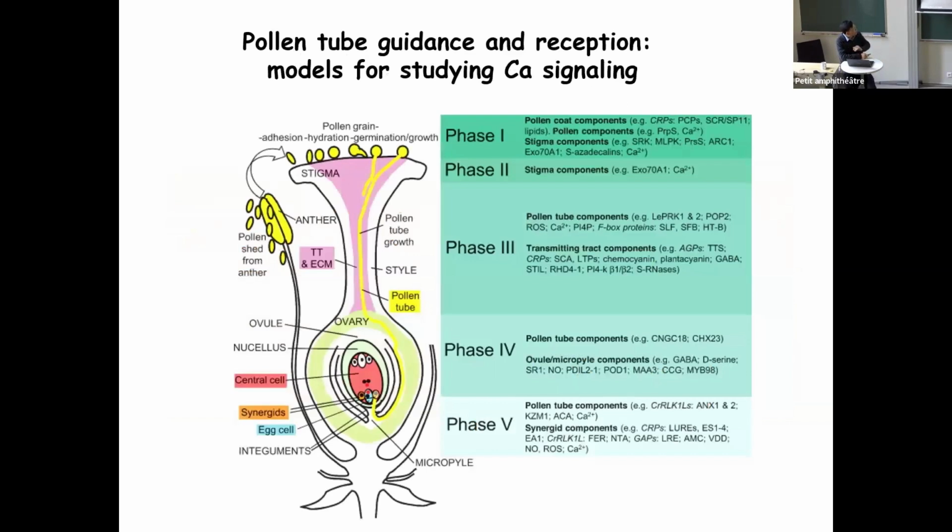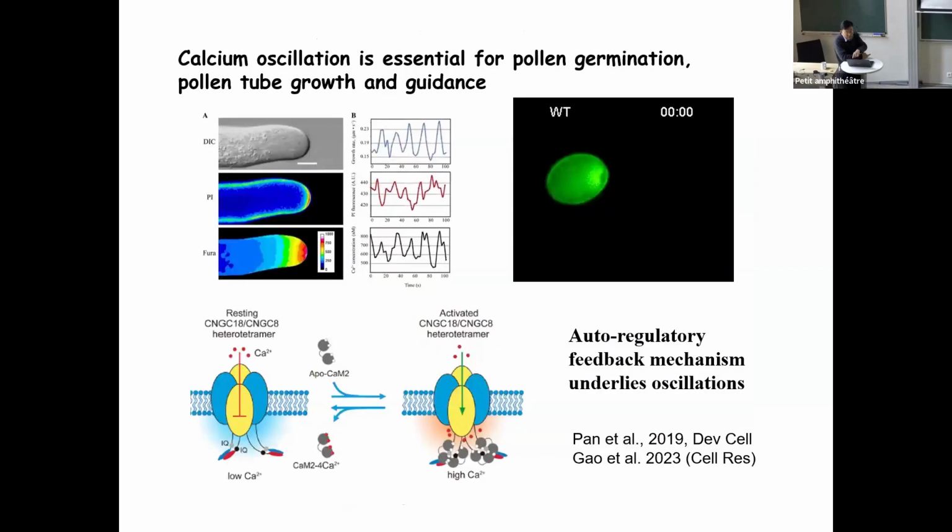Another example is plant reproduction. That begins with pollen grains landing on the stigma, and then the pollen tube delivers the sperm to the ovule. Each step of the way, from germination to pollen tube growth and guidance, to reception and burst, and fertilization, involves calcium. Each step there, you always see calcium, and this calcium is featured with oscillation. And I'll show you a real picture here.